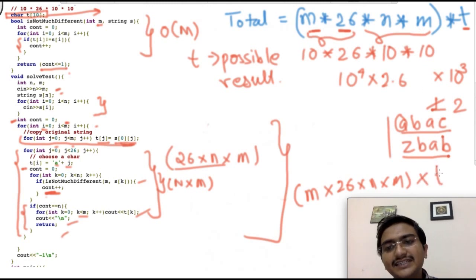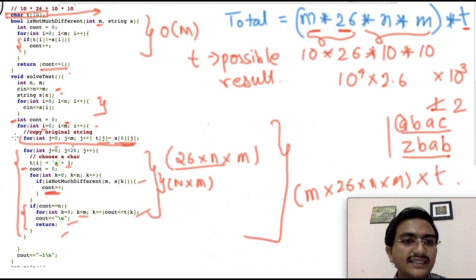Now this is for each of the test cases, right? So if you see here, I just wrote a function for solve test case. It is not the void main function. So in void main you have to just invoke it for all of the test cases, right? So yeah, that was all.